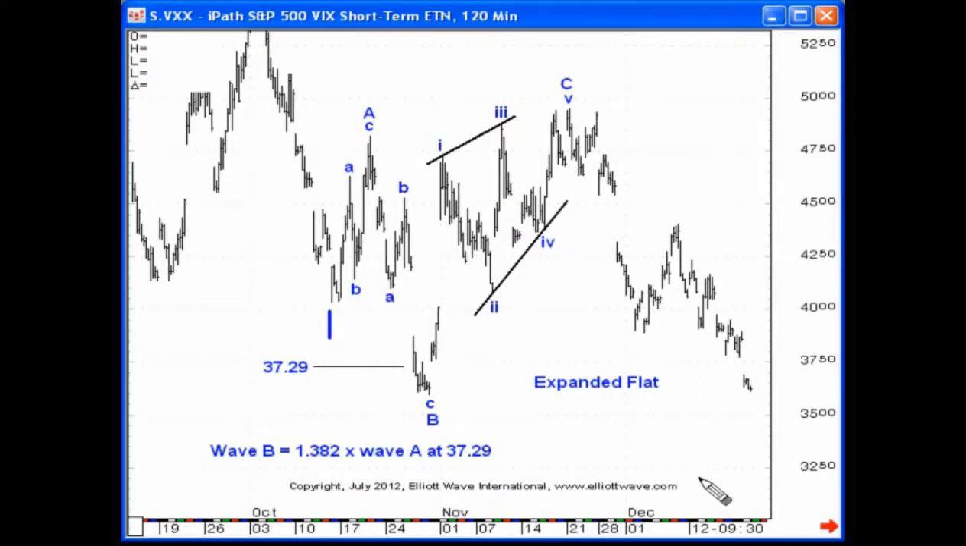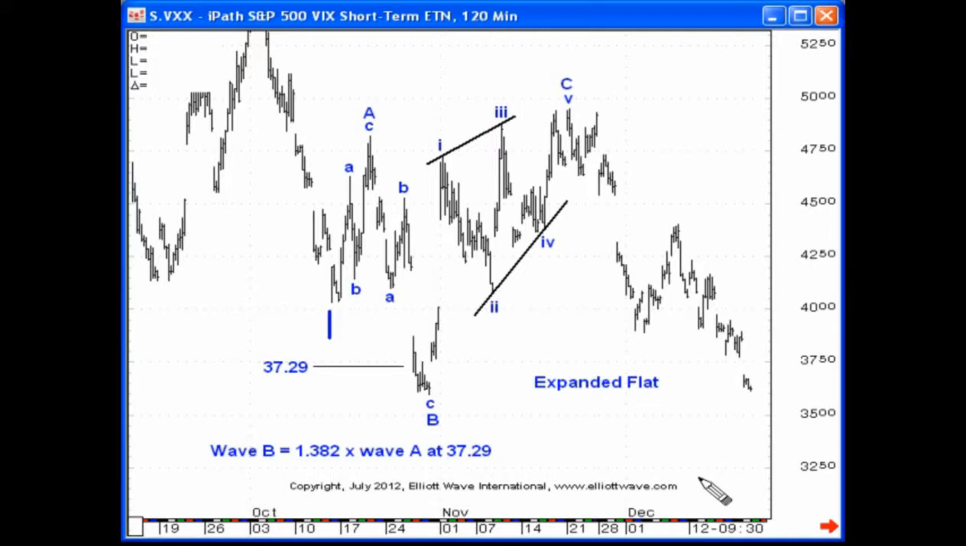So, the flat correction, just to review: there are two types of flats, the regular flat and the irregular flat. The substructure for both patterns is very much the same: three waves in wave A, three waves in wave B, followed by a five. The distinguishing characteristic is that wave B ends at or near the origin of wave A for a regular flat. If the origin of wave A is exceeded, then that's going to be referred to as an irregular or an